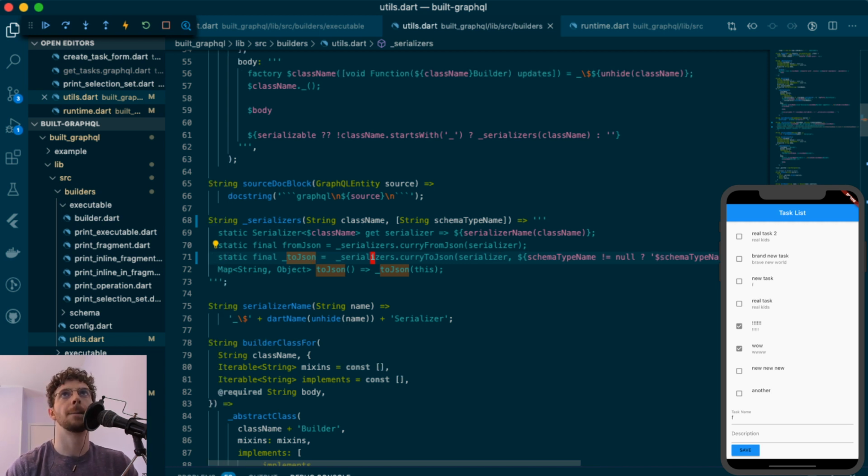Bit ugly. I'm not sure what that will result in. I think that results in what I want it to, but